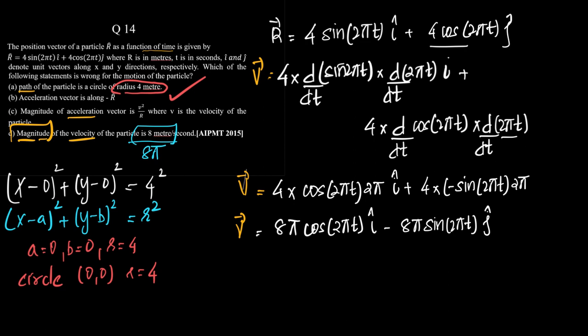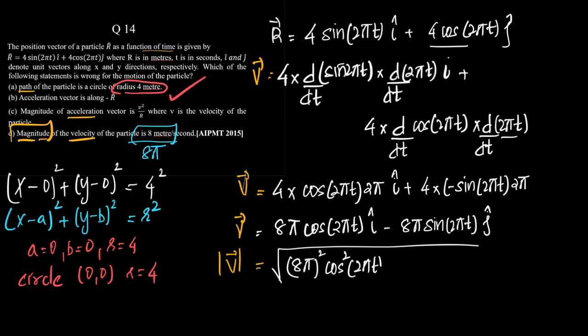And what is the magnitude of the velocity vector? That would be equal to root of 8 pi the whole square cos square 2 pi t plus 8 pi the whole square sine square 2 pi t,